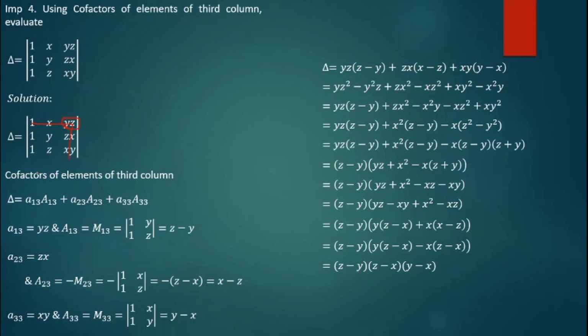Okay, a13, that is positive minor. So 1 into z is z minus y. So we have z minus y. Next,